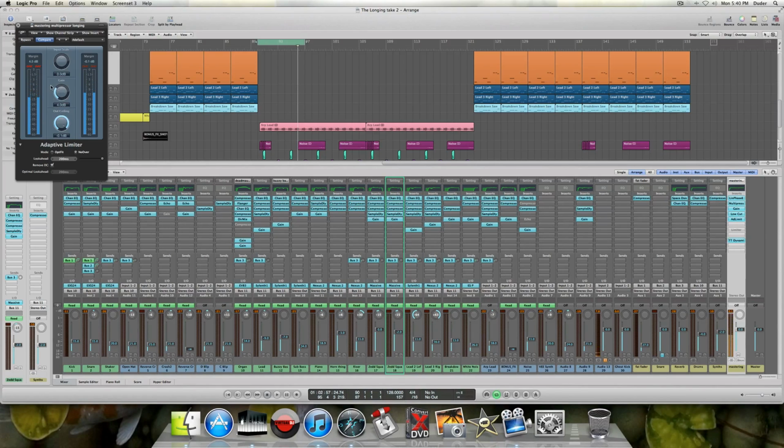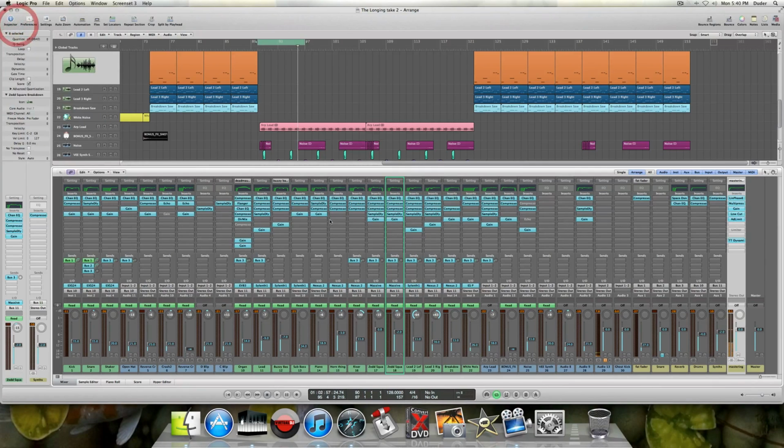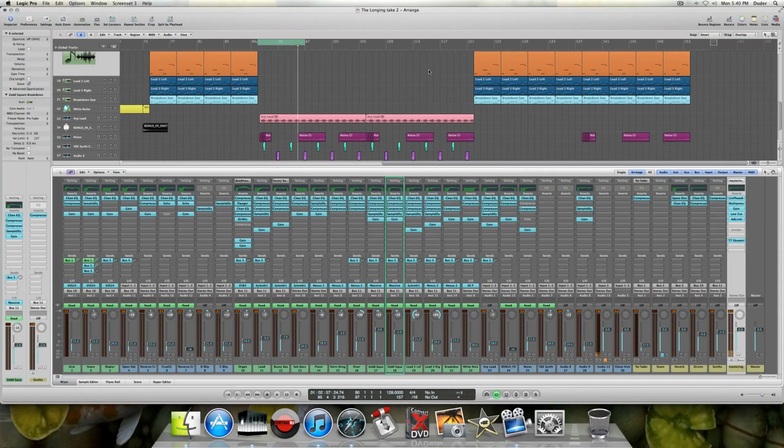And you just want to find that sweet spot of where it's definitely loud enough and not distorting. So on this track, 4 dB was good. It's nice and loud, but it's still clean. It's not distorting. Typically what I'll do, this is just for tutorial purposes, obviously, but typically what I'll do is I'll